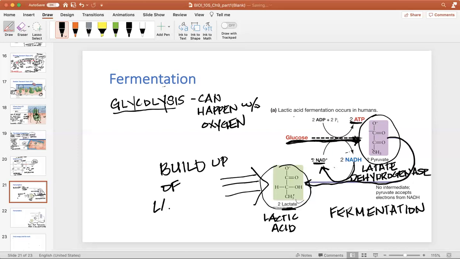of lactic acid. This is why your muscles get sore when you exercise real hard. So if you're exercising really strenuously and you're like just running or lifting weights or whatever, and you start becoming short of breath. Well, the reason you're short of breath, the reason that you're breathing heavily is because you need oxygen so that you can make ATP. But sometimes you can't keep up. Sometimes you need more oxygen than you can breathe in. So you start converting to anaerobic